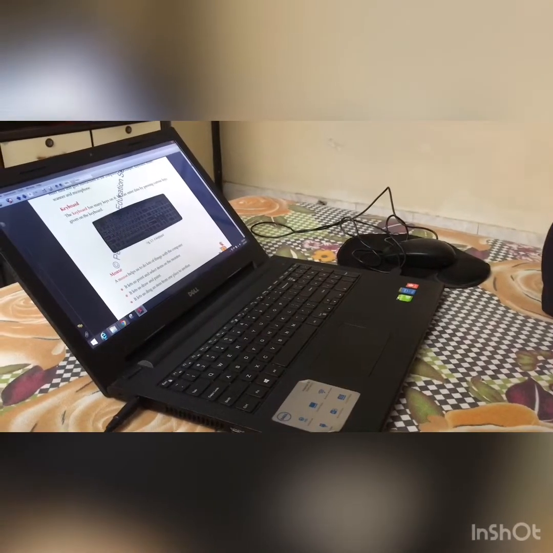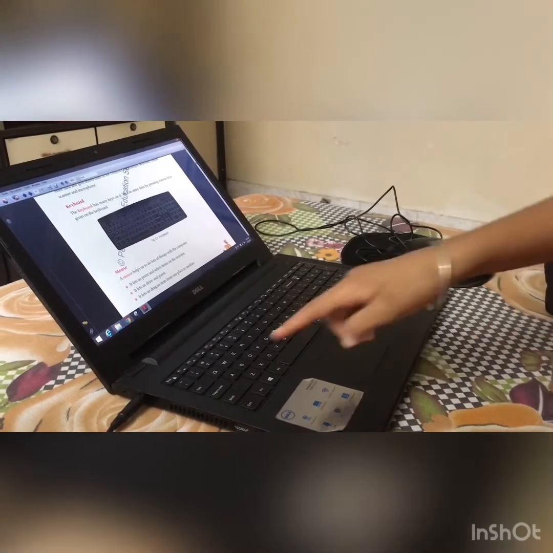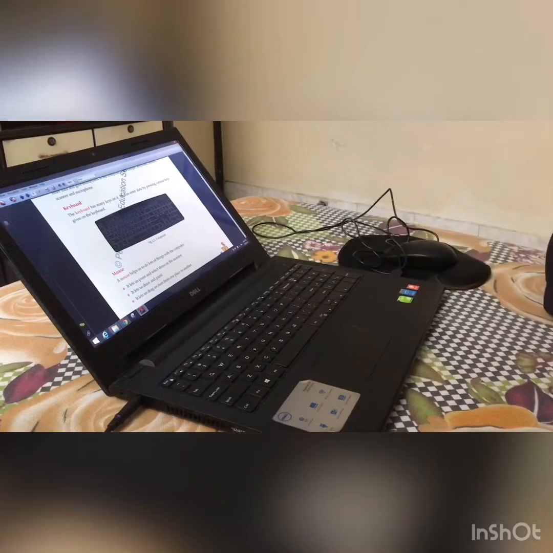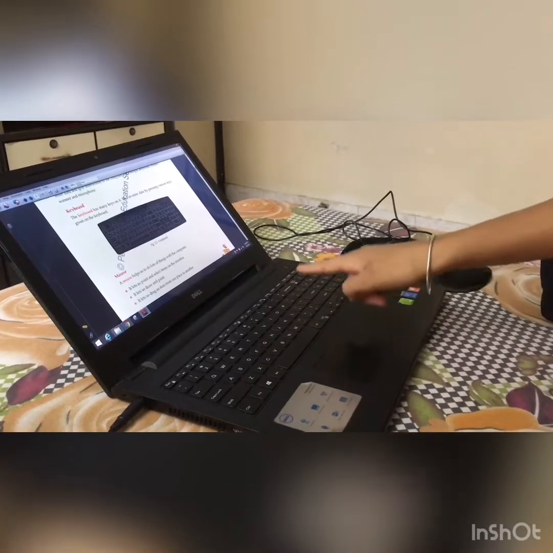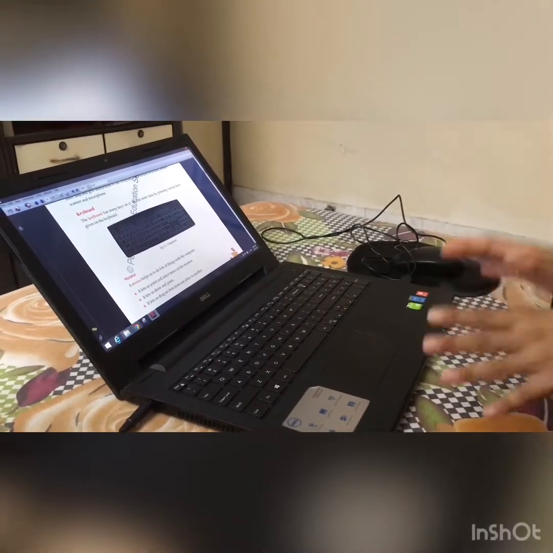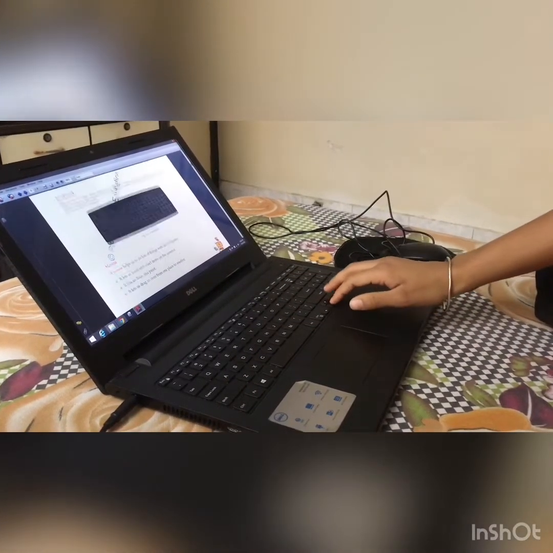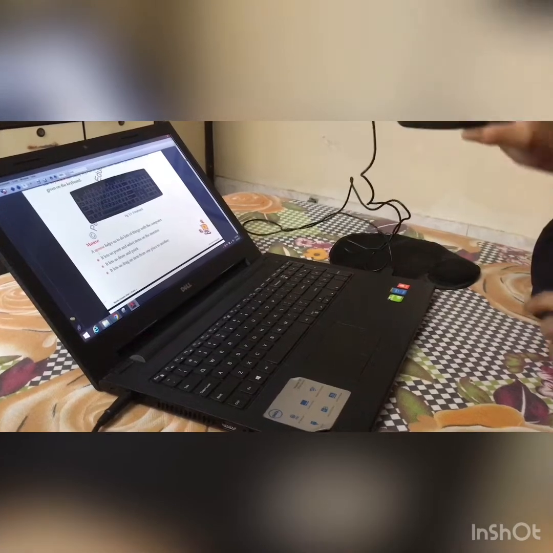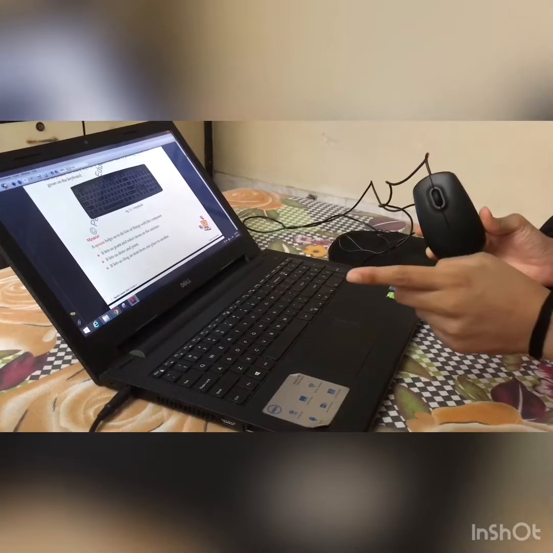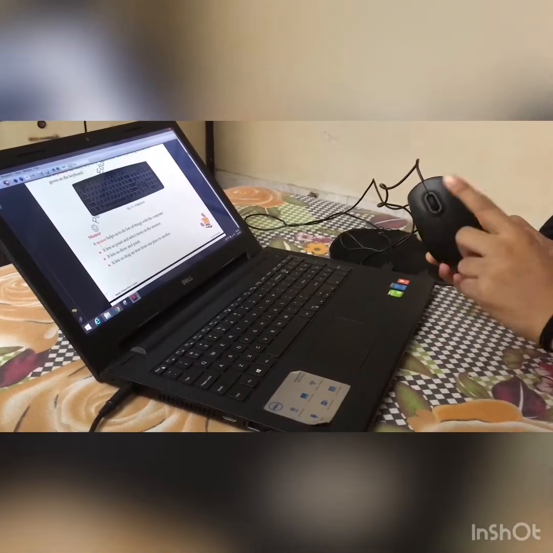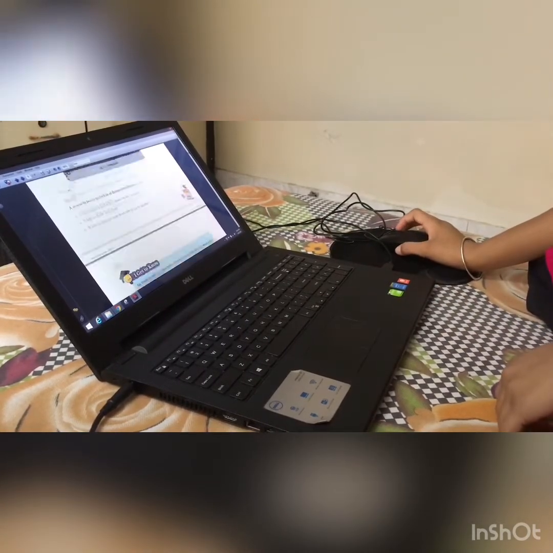So students, now we are going to start the first component of input device, that is keyboard. You all know in our lab we all are using keyboard. Keyboards have many keys and are used to type letters. Next is mouse. This is a mouse. A mouse is used to draw a picture, to draw an item, and to drag from one place to another. And a mouse does many things for us.